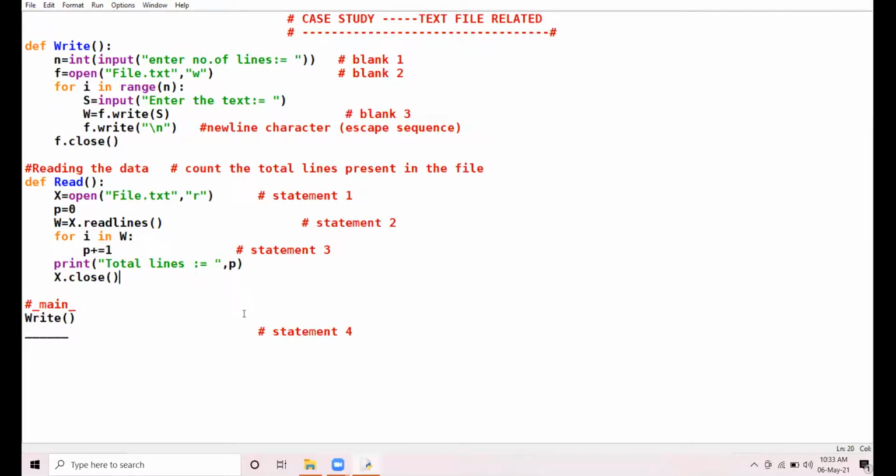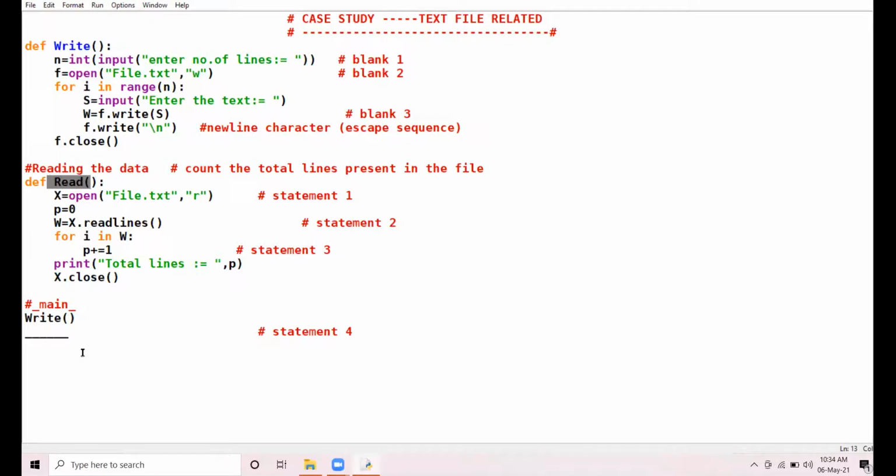Good. Now comes statement 4. Statement 4 is to be filled in such a way that we can invoke the read function. Invoke means calling. Yes, Varun Chauhan, unmute yourself. Varun, unmute yourself. Vanshika, good morning.